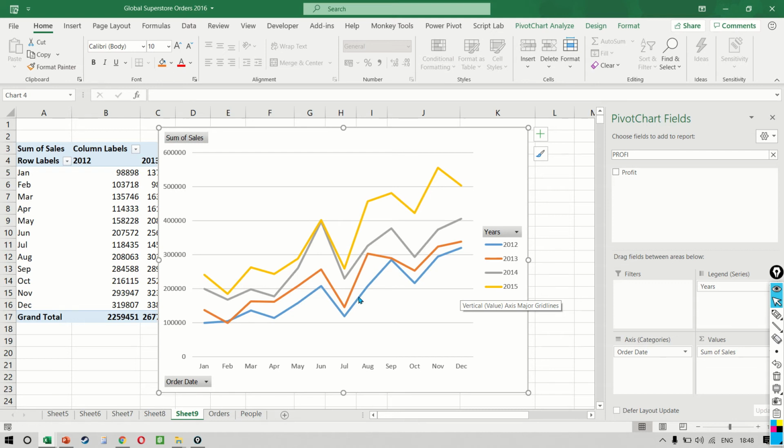And if you notice carefully, in the month of June 2014 and 15, my recent 2 years were exactly the same. But if you look at the month of September, there was a huge gap between 14 and 15, right? So very interesting narrative that you're able to present. There are also different analysis that you can do.